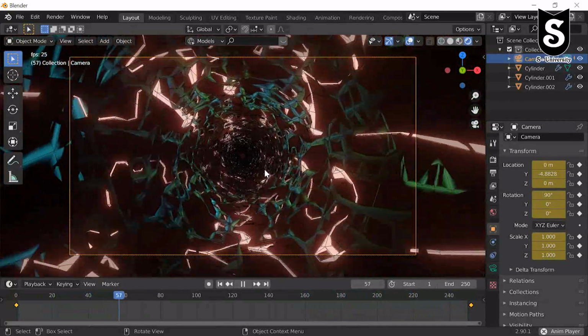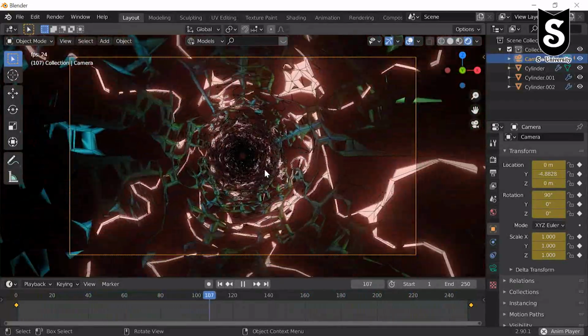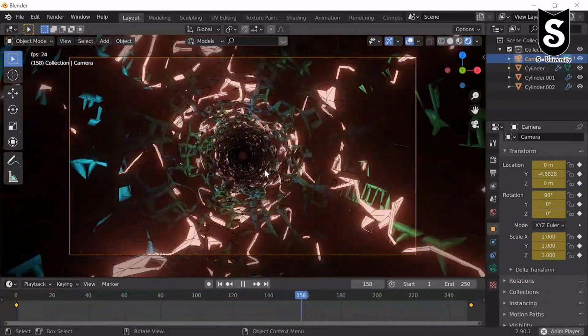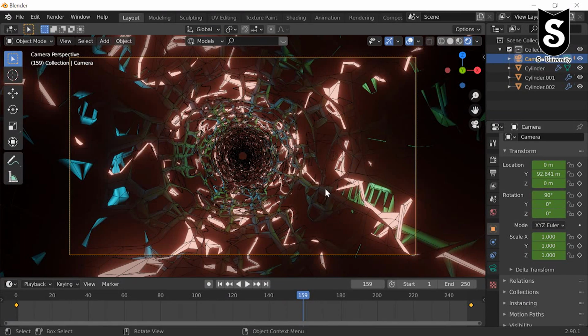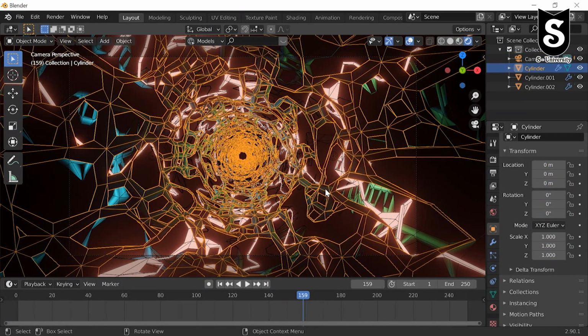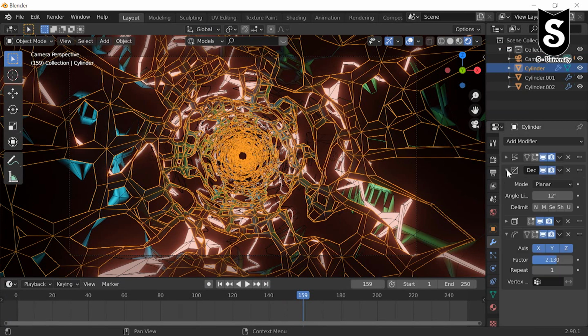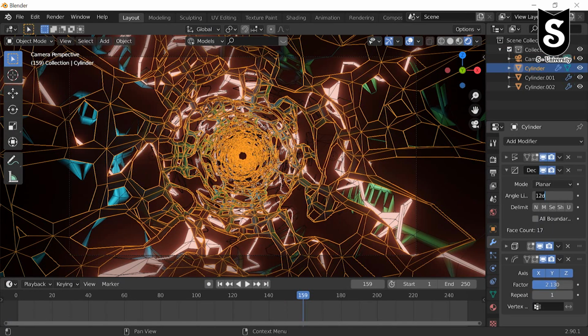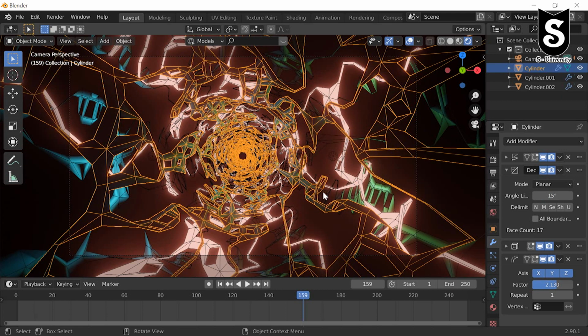Now if we want to increase the size of the animation, before adding the animation, we reduce our loops. Go to decimate, increase the value around 50%, so it reduces our loops.